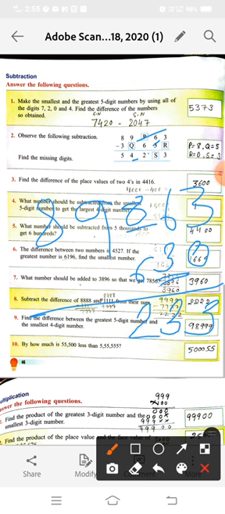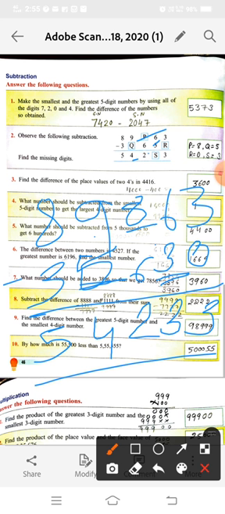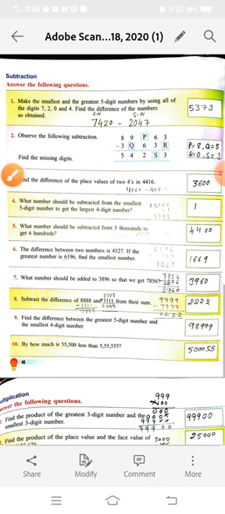Now here is 9 and here is blank. Once again we have to find the missing number. So the difference is 4. When do we get 4 as the difference? When we minus 5 from 9. So here is 5. 9 minus 5 is equal to 4. Now 8 minus 3, it is also given here 5. Okay, so it should be our answer. P is equal to 8, Q is 5 and S is equal to 3. R is equal to 0.